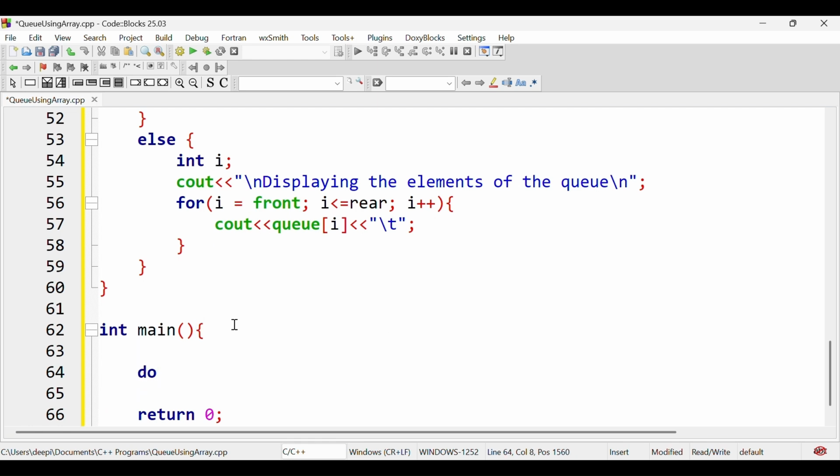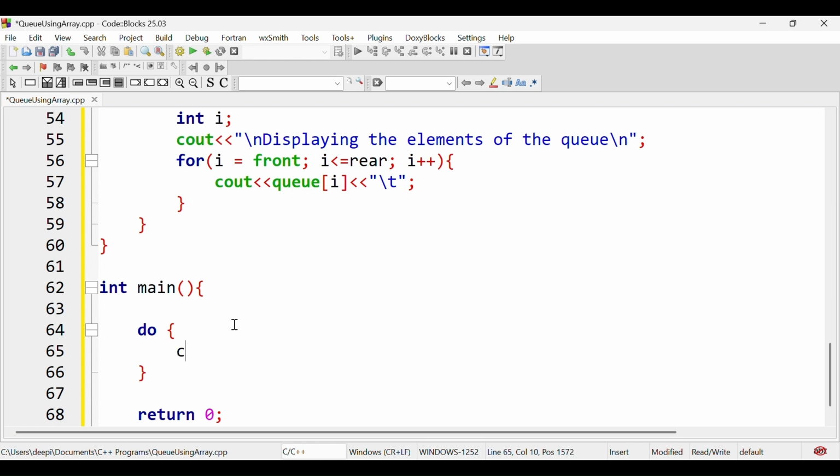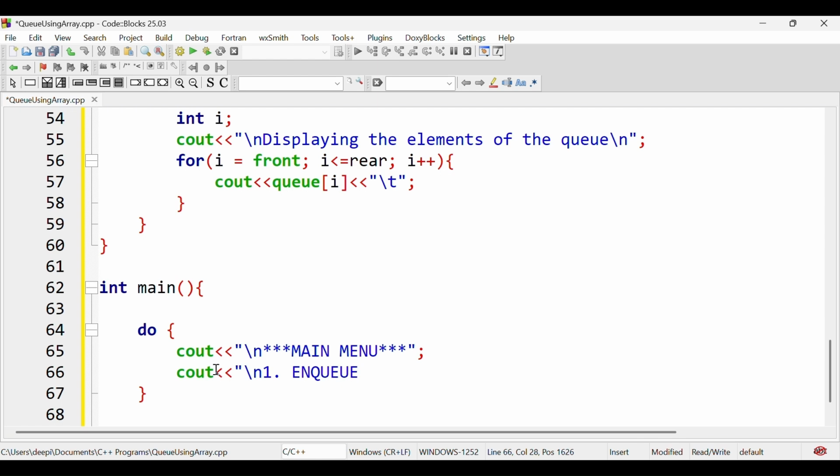So here we are going to define the main menu like this. We will first type here the header of the menu. So this "Main Menu" is the header. After this let's also put one \n here. After this I am providing all the options. \n, 1 is for enqueue, then \n, 2 is for dequeue, \n, 3 is for display, \n, 4 is for exit,